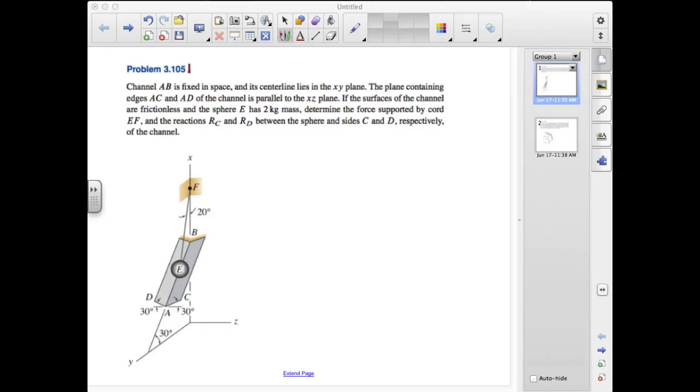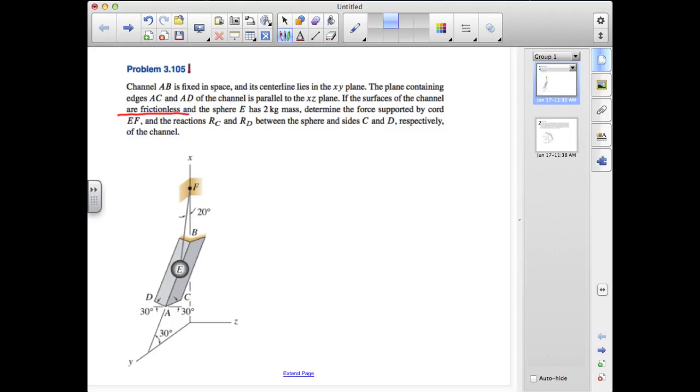We now try a couple of practice problems. The first, problem 3105, involves a channel AB that is fixed in space. The plane containing edges AC and AD of the channel is parallel to the XZ plane. If the surfaces of the channel are frictionless and the sphere E has a 2 kilogram mass, we want to